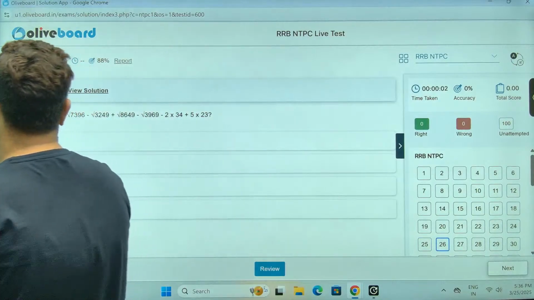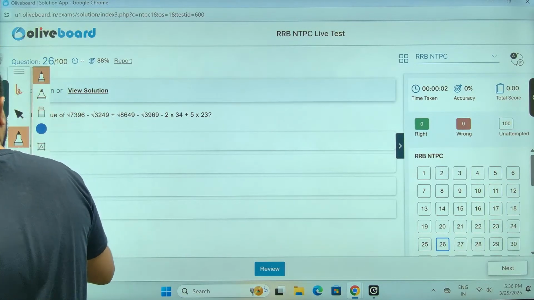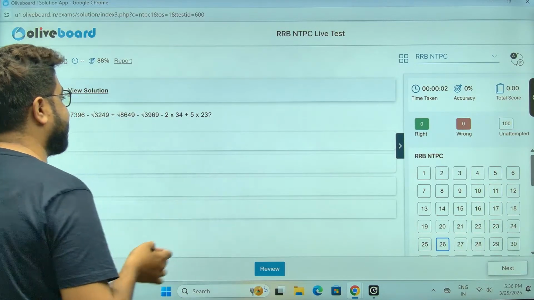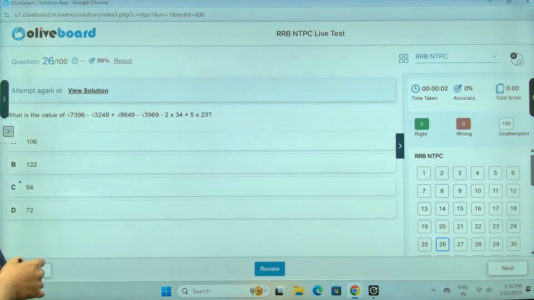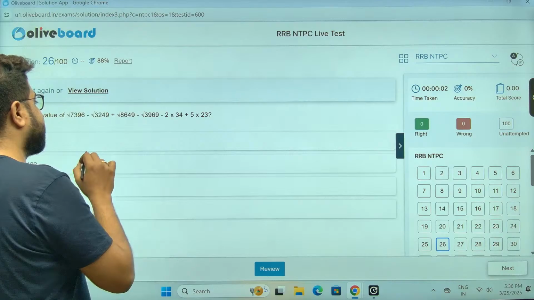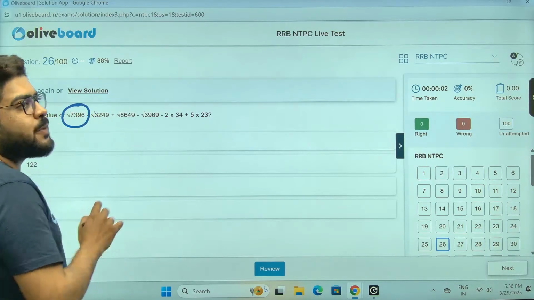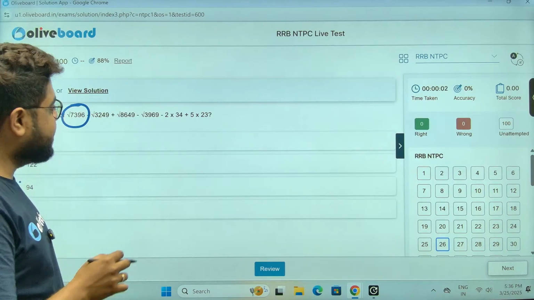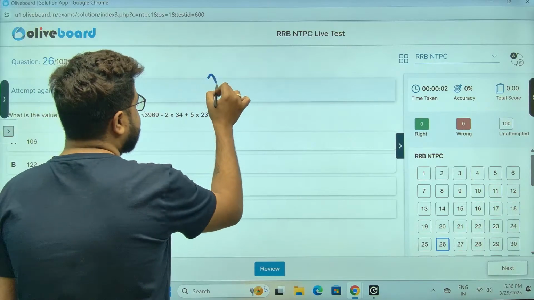Sir, this is a time-taking question, no matter how much I say, because squares and square roots will take time, sir. Sir, understand how to figure out square roots in the best possible manner. Sir, I'm just taking this first value,